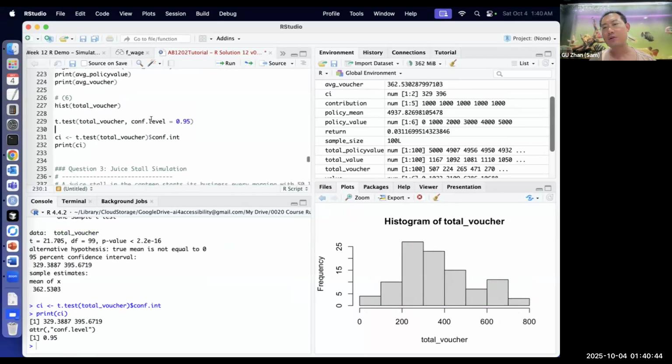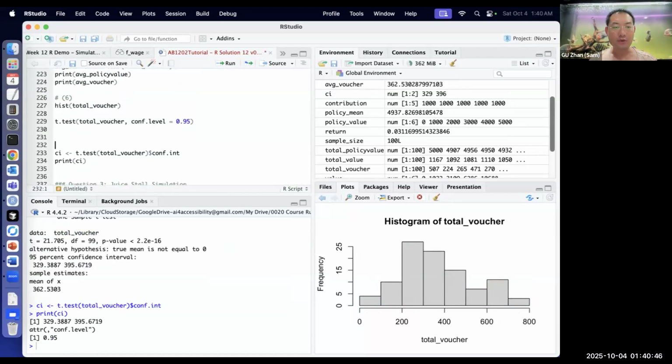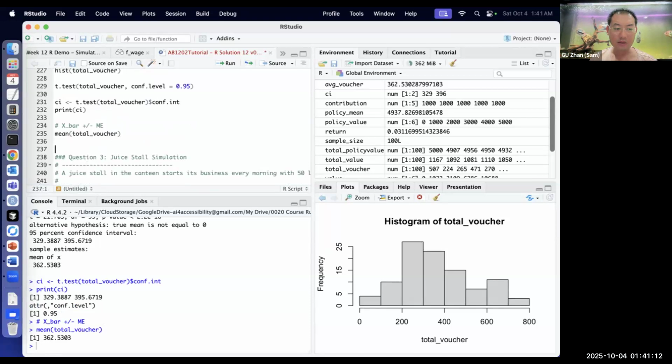Okay, what if you want to calculate manually using this formula? You want to calculate manually using x bar plus minus margin of error. Okay, let's use this one. So x bar, how do you calculate x bar? This is your x bar. Then margin of error, or how do you calculate margin of error? ME